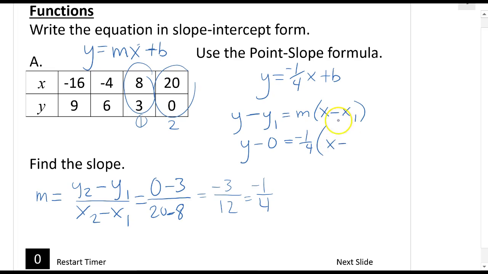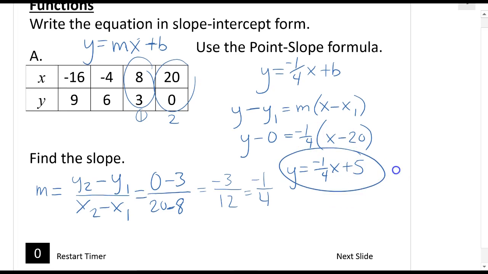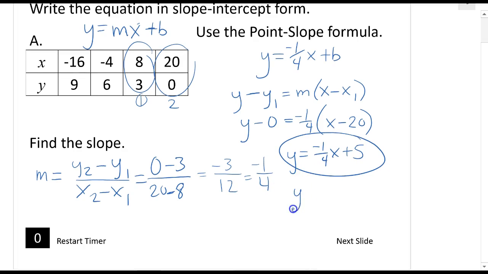And then I plug in the x value in the second x term. Okay, and now I just evaluate it. Y minus 0 is just y. And then negative 1/4 times x is just 1/4 x. And then 1/4 times 20, 1/4 of 20 is 5. And negative times negative gives a positive. And there's our equation. Of course, the other way you can do this is you can start with,